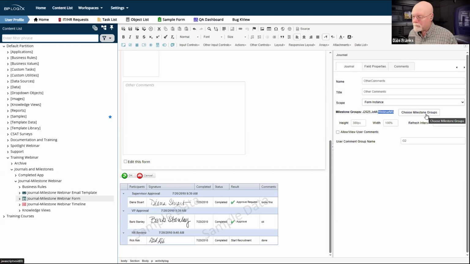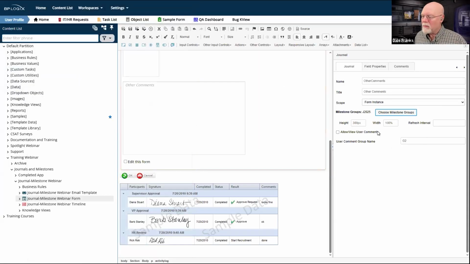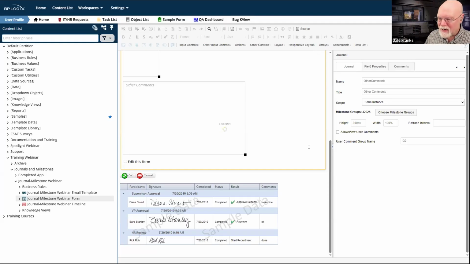So we're going to go back in here and get rid of those other two, by the way, since we're only using this milestone group. We'll simplify it again. So now that I just have one milestone group, that's the only milestone that has been displayed. So I've got my form configured. I've got my milestone group configured. Let's run the form and let's see what happens. So let's keep our fingers crossed that I've configured this properly on the fly.